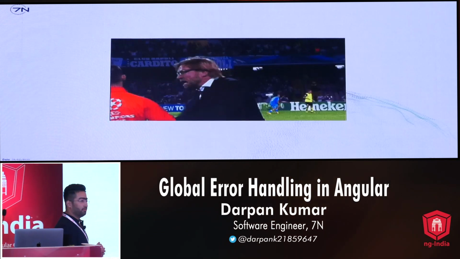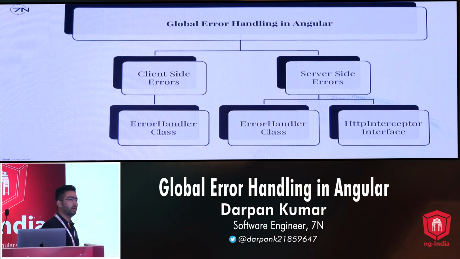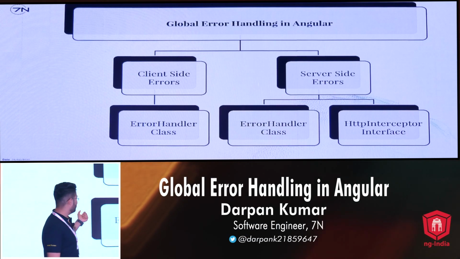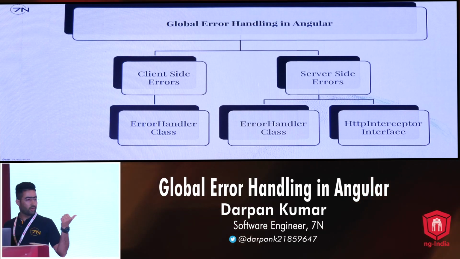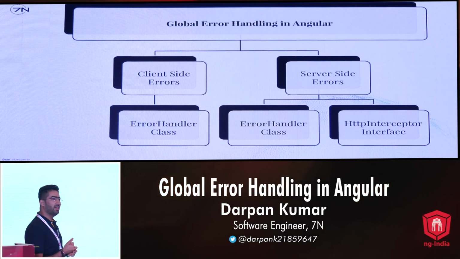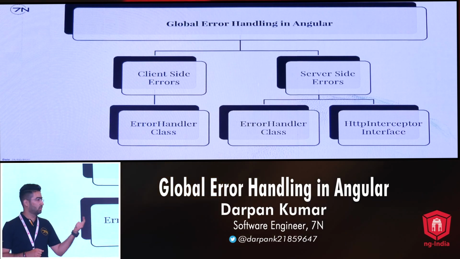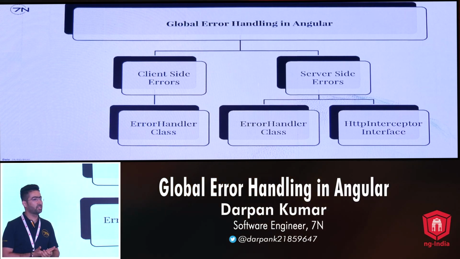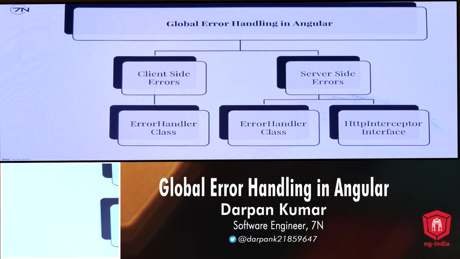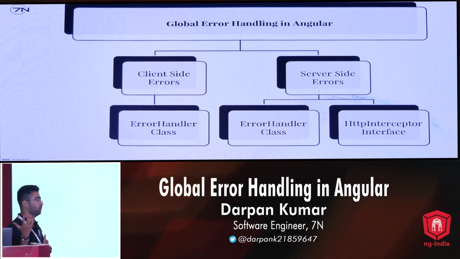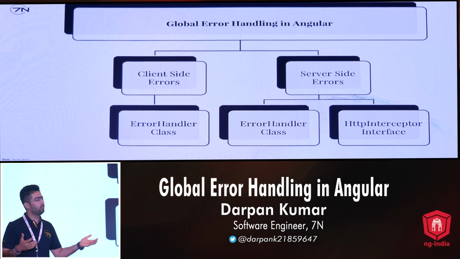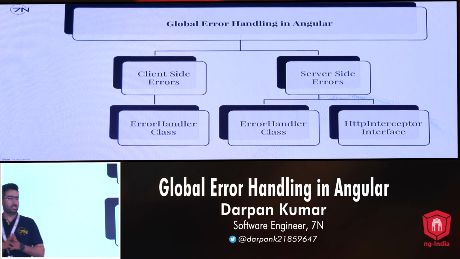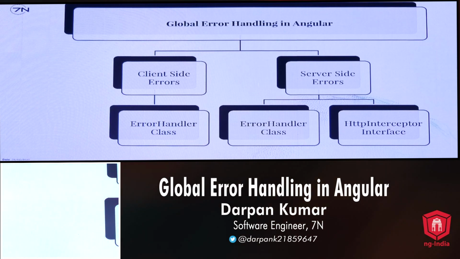So first we'll discuss what kinds of error can occur in your application. There is a possibility that either a client-side error or a server-side error can occur. First, I'll discuss what a client-side error is. Client-side errors are like reference error or syntax error, or you are trying to access properties or functions on null or undefined values. Whereas server-side errors are the errors which happen on your backend server. When you call the API, your server responds with a response like 400, 504. So these are the errors that occur on the backend side.